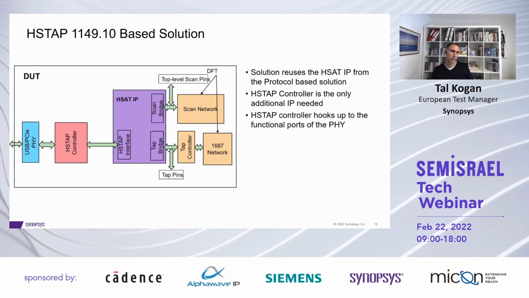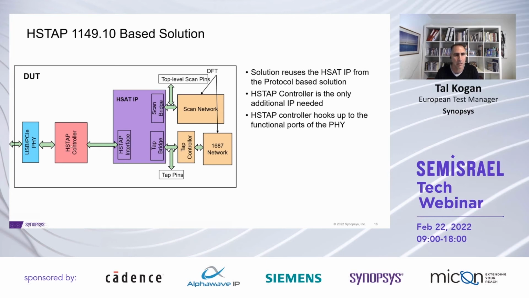Now, another possible configuration that I'm showing here, again, this is the DUT part, would be to use the same functional PHY that I mentioned before, only this time without using the functional protocol. What does it mean? It means that data is no longer translated into data packets of your functional interface, but rather your functional PHY actually runs the 1149.1 protocol. So the only addition here to the system is actually the HSTAP controller,